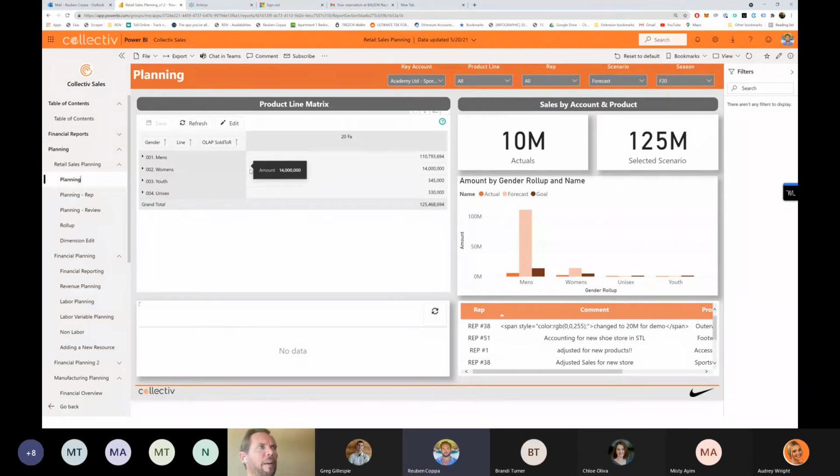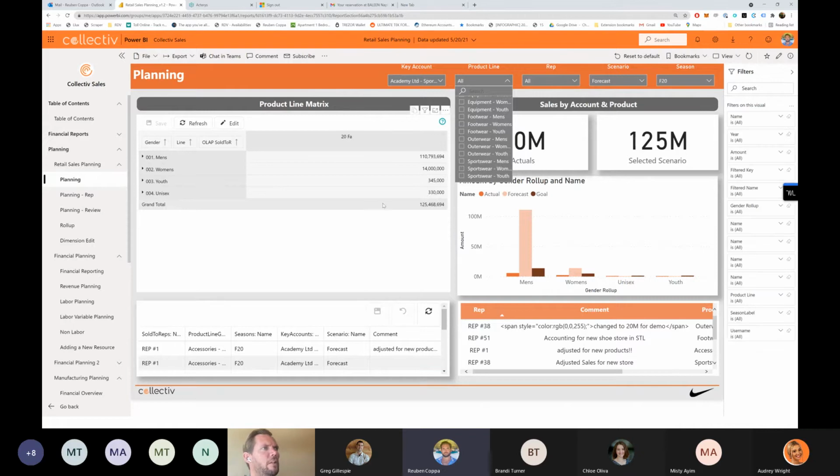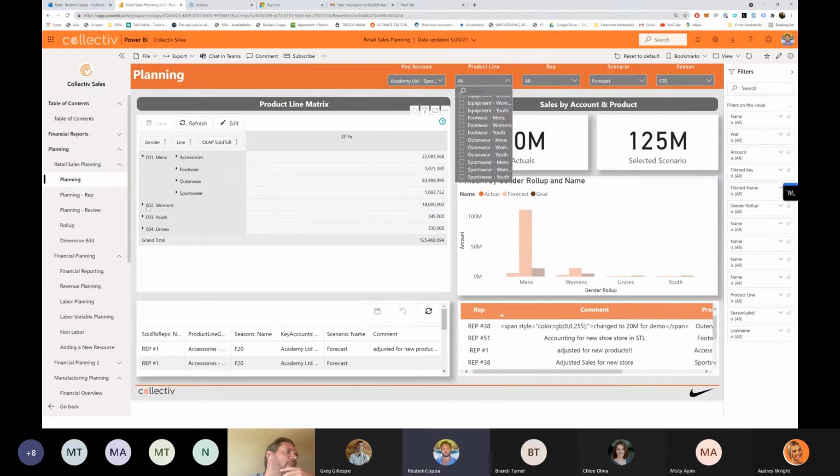Let's think about the dimensions we had. We've got key account, which is basically like a customer dimension, and it's just flat here. We've got product line, and there's a couple of levels here. We've got accessories, equipment, footwear, outerwear, sportswear at the top level. And then we've got men's, youth, and women and unisex. You can see here in this matrix a different way of looking at that. I basically flipped it around, so you can look up men's first. You can look at, say, footwear, and then we can